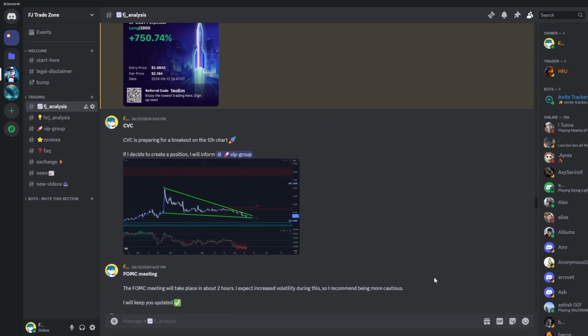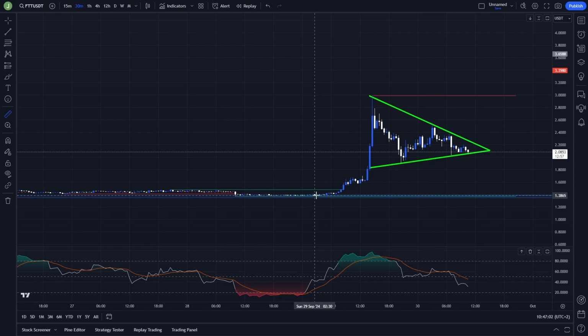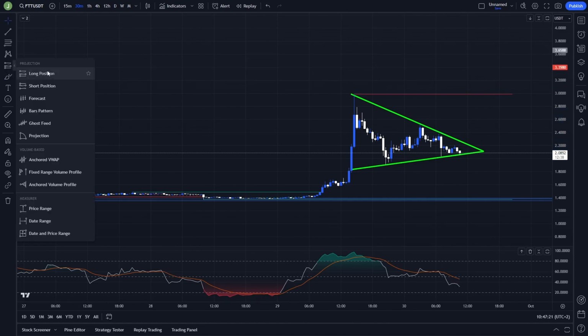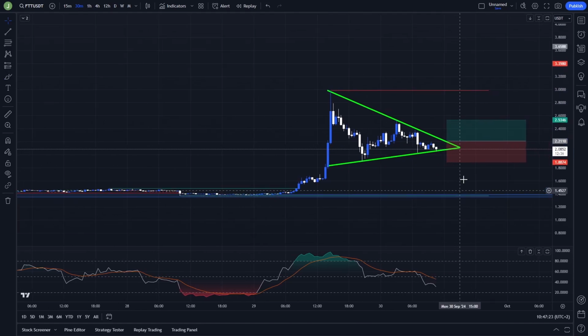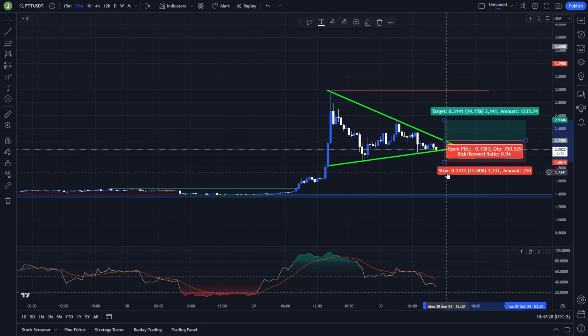Let's start today on a 30-minute chart. As I said in the intro, we had a really amazing pump on this coin, and right now we are forming here this triangle. And because we had here such an insane pump, this is more likely a bullish setup. So if there will be a breakout and then support confirmation, this can be a first interesting long opportunity. Entry in this case will be above this resistance area after support confirmation, and stop loss in this case you want to place somewhere back inside this triangle,